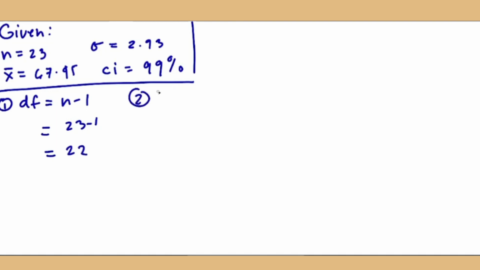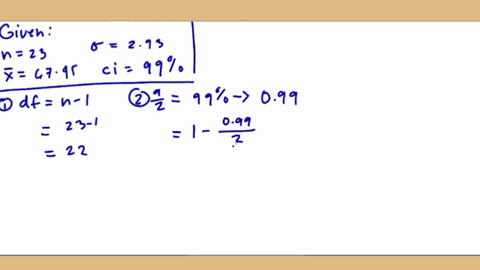And for the alpha over 2, we'll be converting 99% to a decimal. So 99% as a decimal would be 0.99. After that, we take 1 and subtract 0.99, over 2. And then we get the answer of